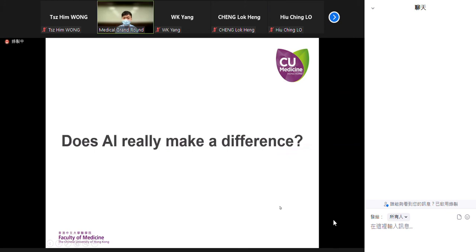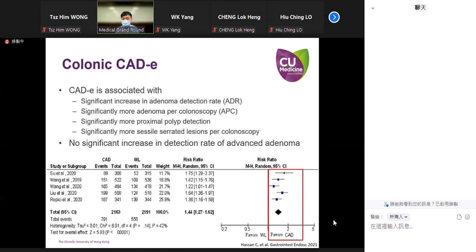So having said that, with so many AI systems, does it really make a difference? Is there any evidence to support their use in clinical practice? So actually, the most well-studied area of AI-assisted endoscopy lies in the colonic CADe, which is the system used for lesion detection. So this is a meta-analysis published last year, including